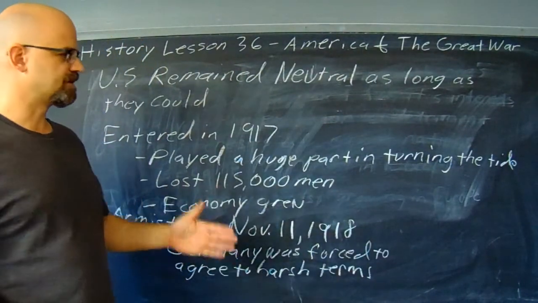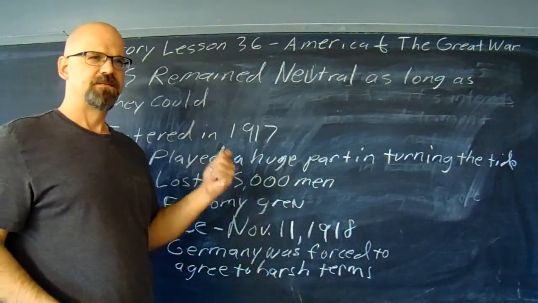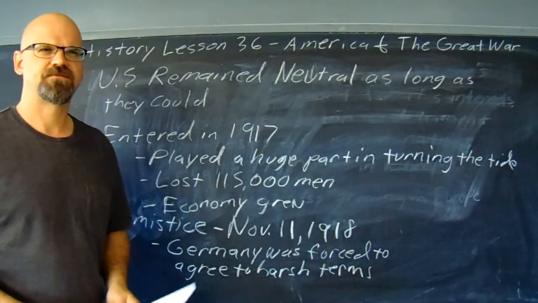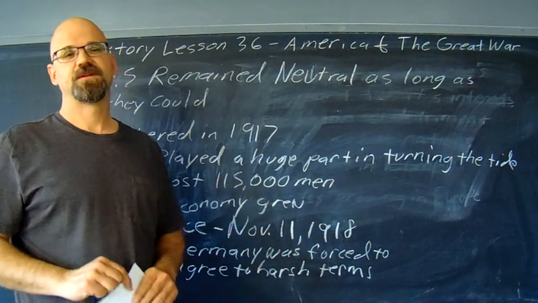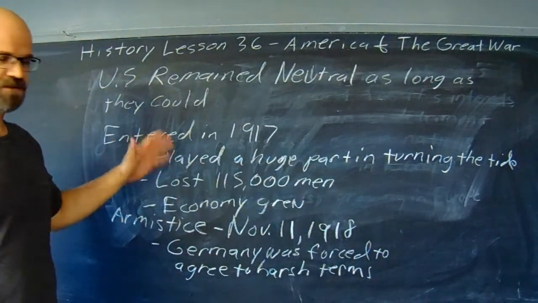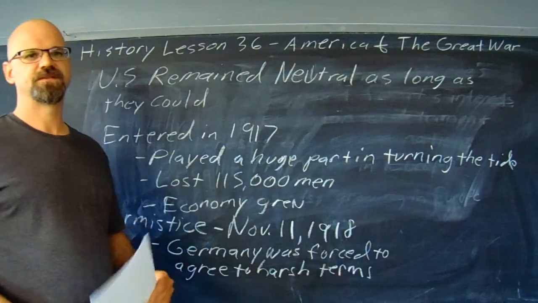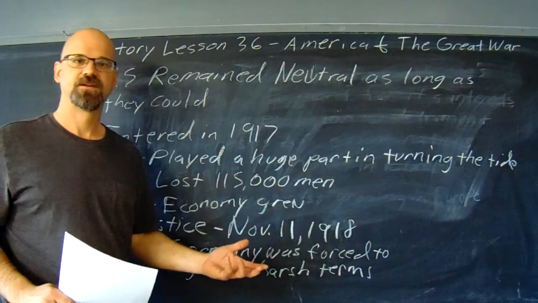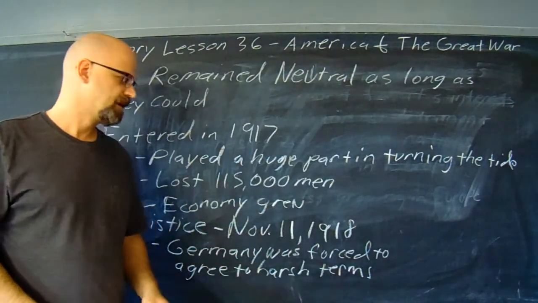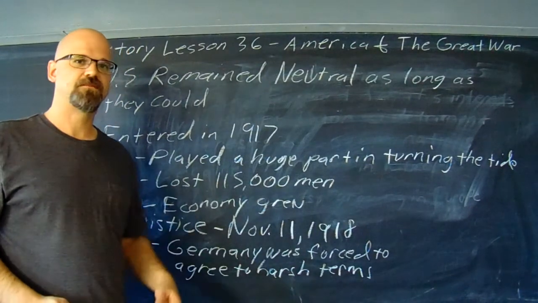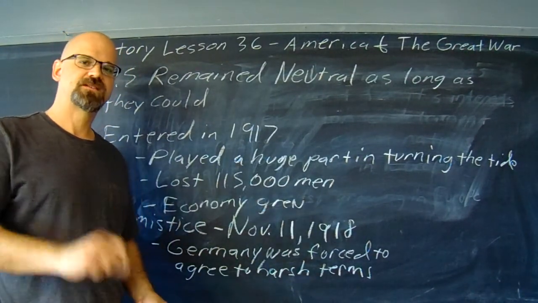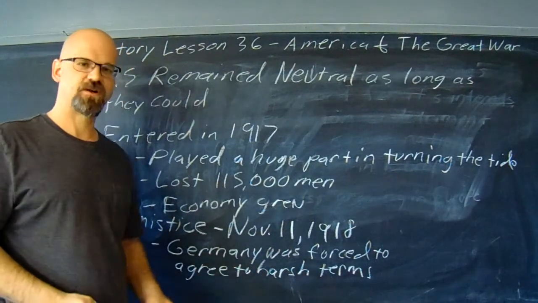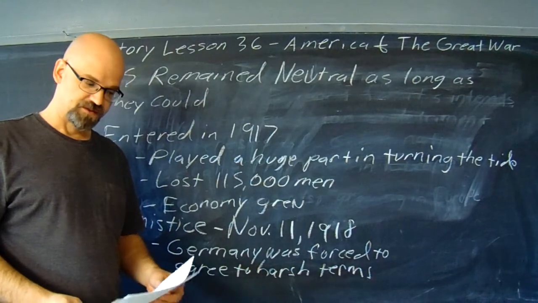So yeah, the British, Italians, French, they were all very bitter and angry about this whole thing. They were very upset that the Germans, well, they blamed the Germans for starting the war. It wasn't entirely the Germans' fault, but they got the blame. And so they were very angry and bitter about the whole thing. And so when they signed a peace treaty, an armistice, they forced the Germans to agree to some really harsh